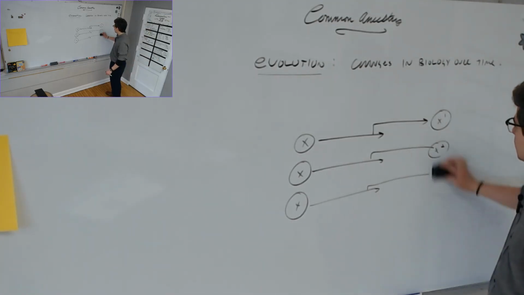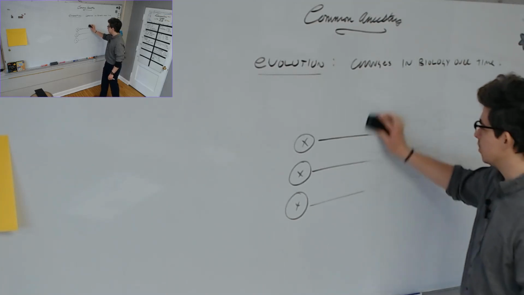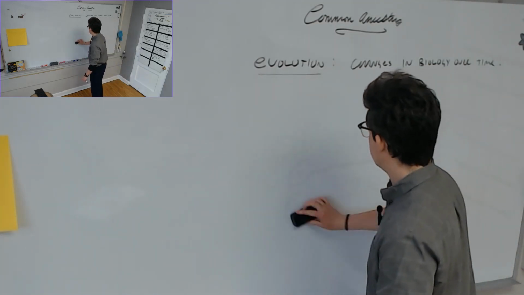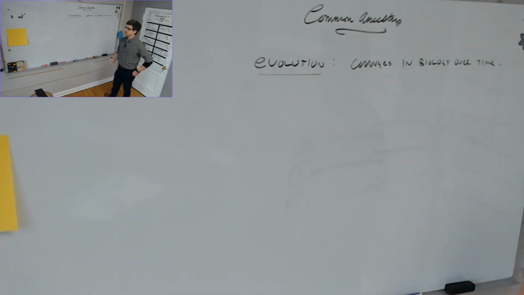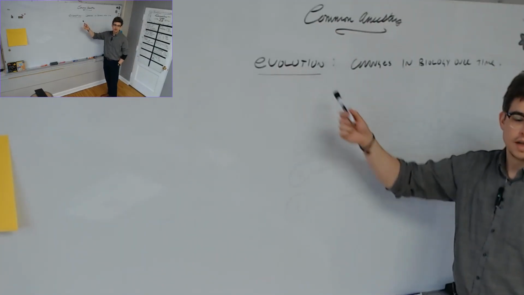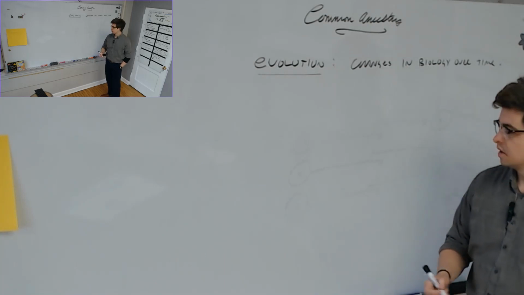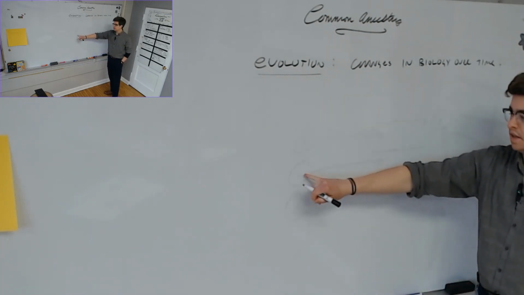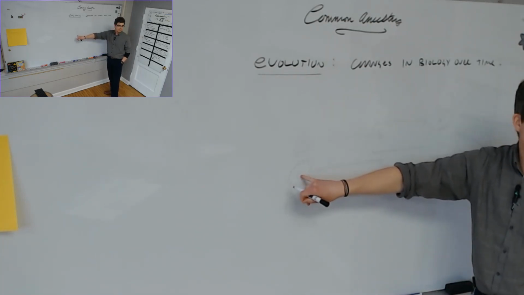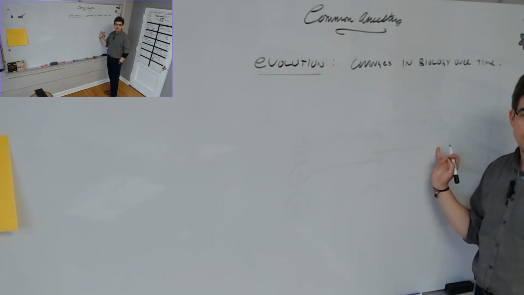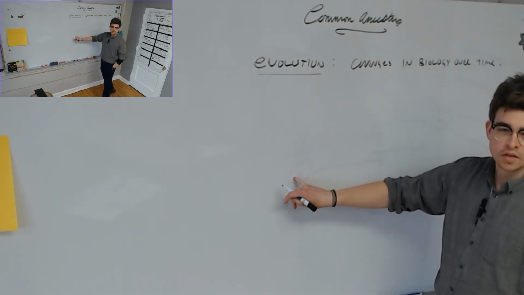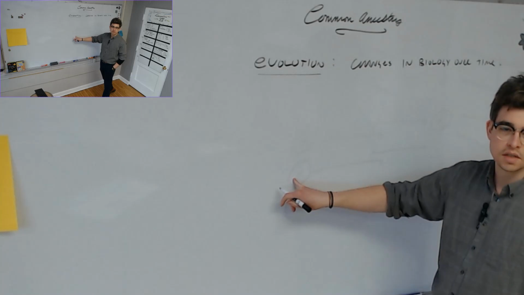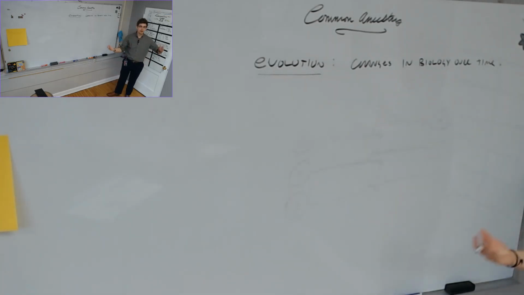Where people have a problem with it is the scale of the changes. It's not a problem of type; we can see this in the laboratory. It's a problem of scale. Sure, it's all good that E. coli can be like this and then it turns pink, but was something like E. coli, a single-celled organism, one of our ancestors? The main problem is that we tend to think of ourselves as the best.